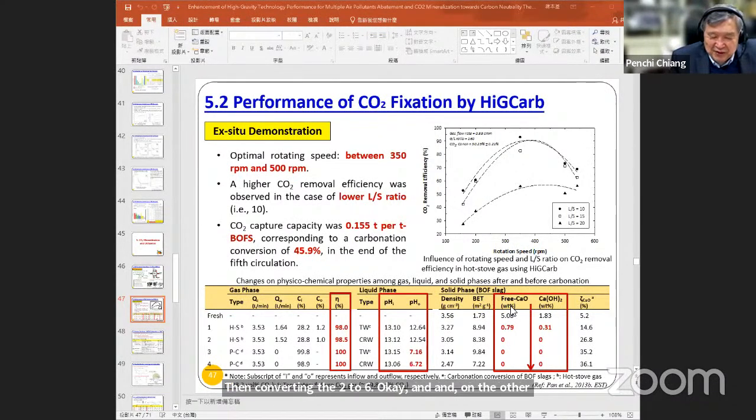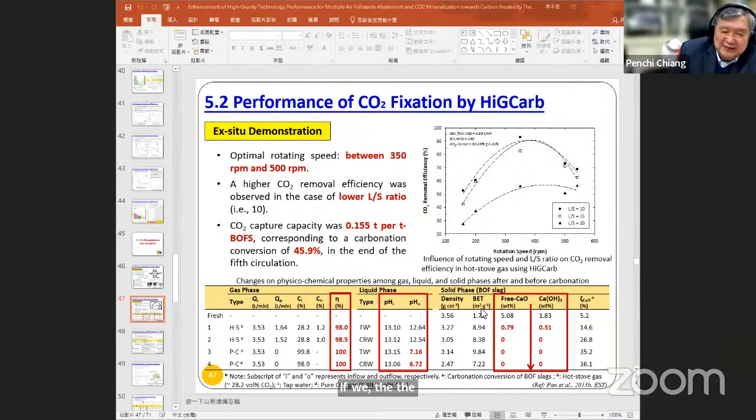You can see the free CaO at the beginning has a certain amount here, and throughout the process you can see it goes to 0. You may not know why the free CaO is quite important. In civil and construction engineering, for pavement on the road, if the materials contain even a small amount of CaO, probably 1% to 2%,